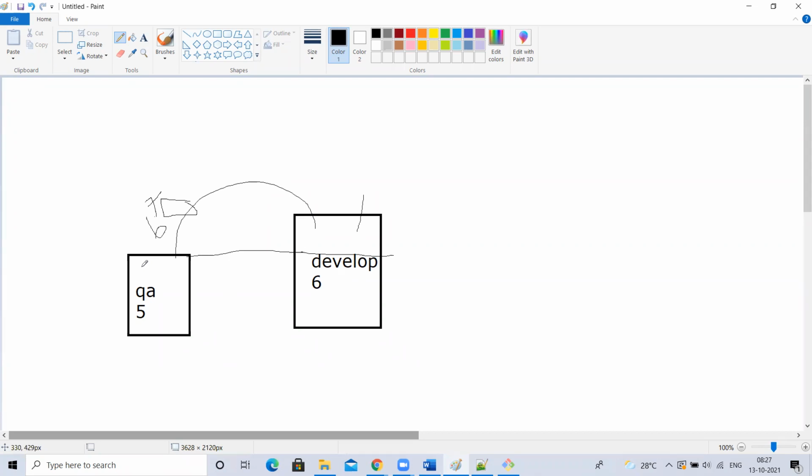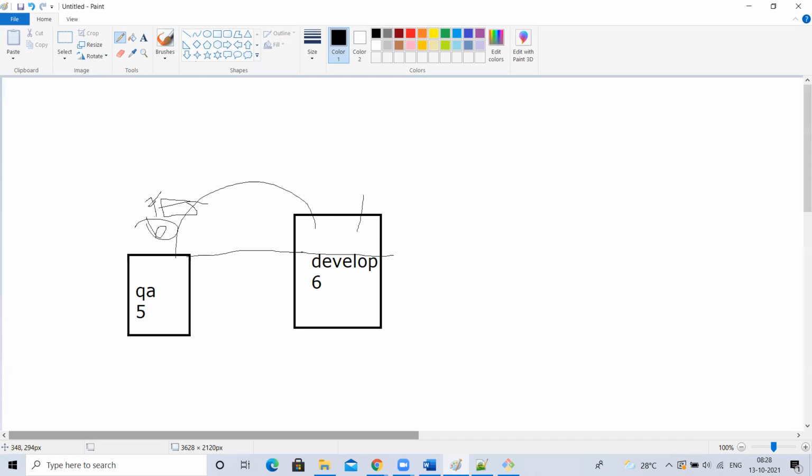Okay. But how did you get the 6th commit here? Is it a normal commit? No, it is a merge, right? Correct. So to track that, you got the 6th commit changes as a merge request, that pull request, but not as a normal commit. So for that, it will create one more commit. The 6th commit ID changes will come here, 6th as it is, the commit ID. But along with that, as you merge the changes from one branch to other branch, it will create one more commit ID to indicate that the changes have been merged. The 6th changes are not like normal commits. It is a merge between branches.